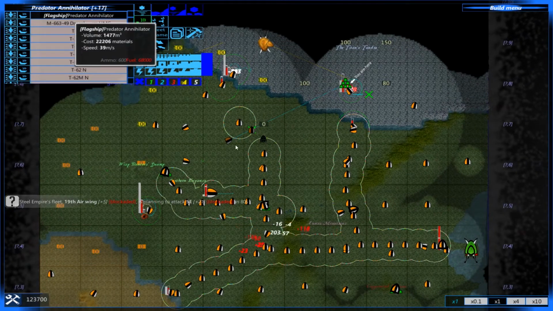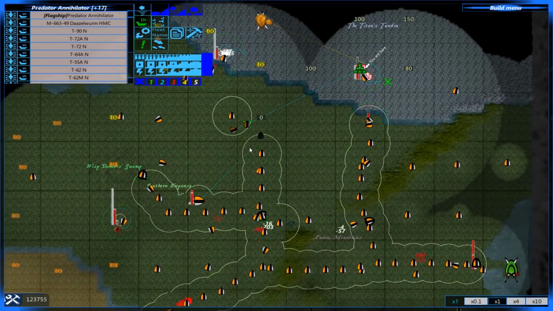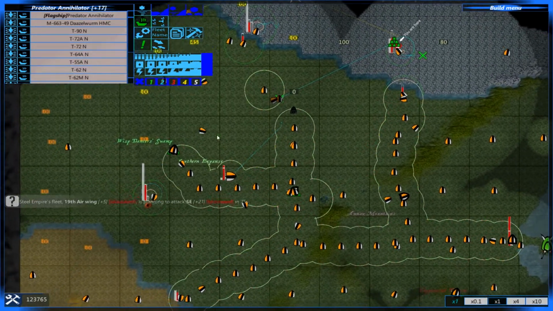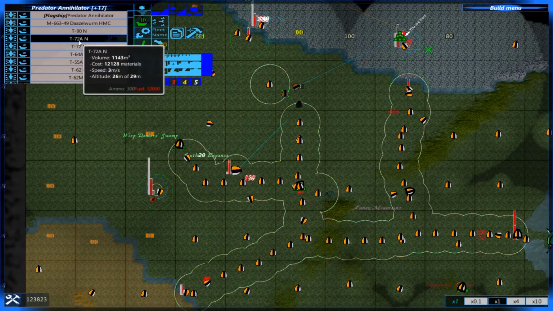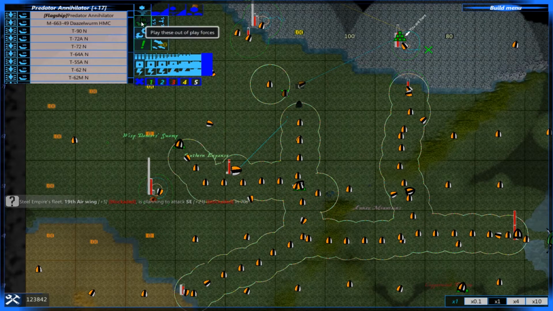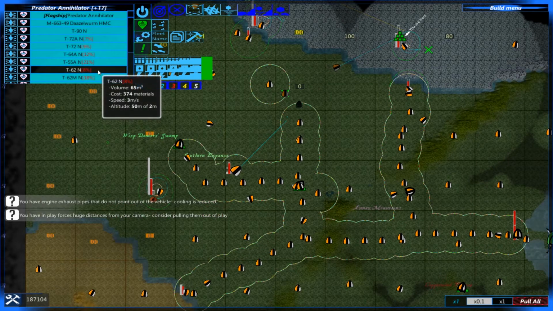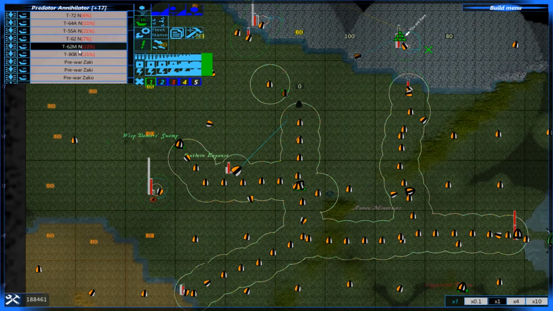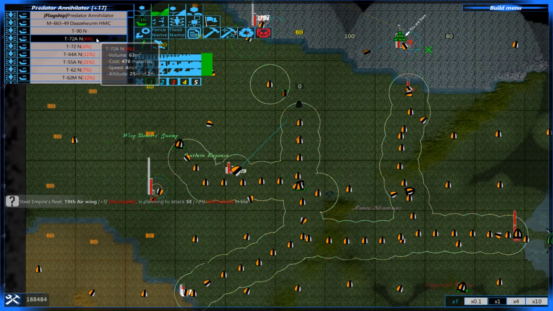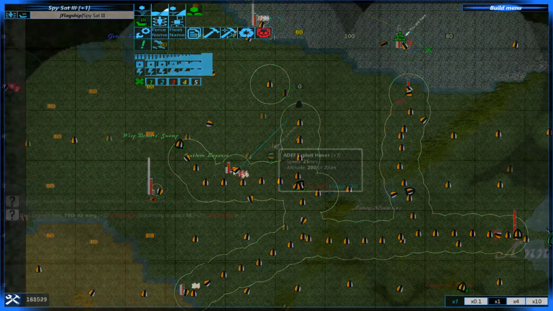Right, now just to get this force moving up, though they currently only got a speed of 3, which is a bit annoying. Which of these? All of them have a very slow speed. Let's pull them out of play for a moment and see how fast. That was a mistake. They all got exploded straight away. And their speed is still slow, so...